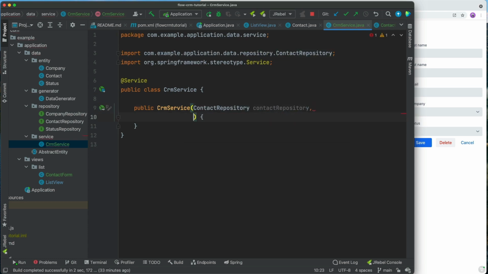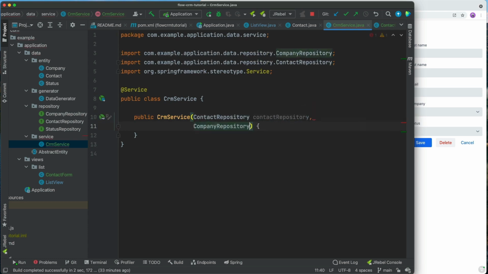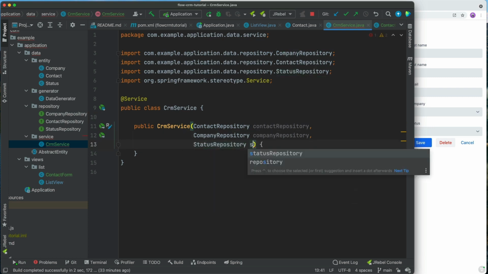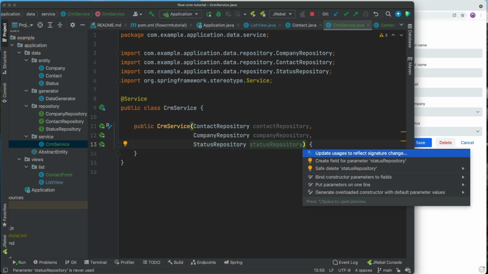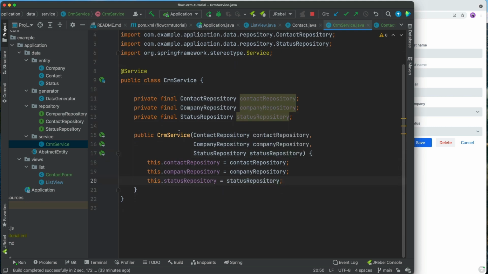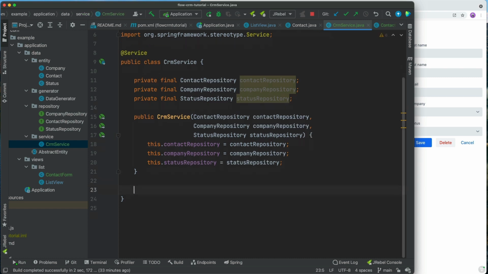Then we'll have the company repository. And finally, we'll have the status repository, like this. Then I'm going to use the IDE to bind these to fields, all of them, like that. So that way we'll have access to all of these. So this service class will essentially have all the APIs that we'll use to connect to the database in our